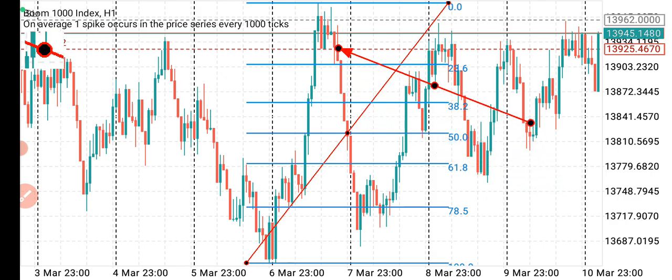And you can see that price returns and breaks through the 23.6 level, which tells me a reversal has commenced. But you can see how it keeps on coming down, coming down, coming down, all the way to around 78.5, where it gave me